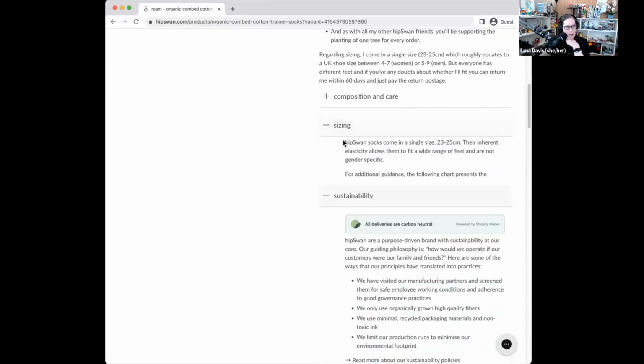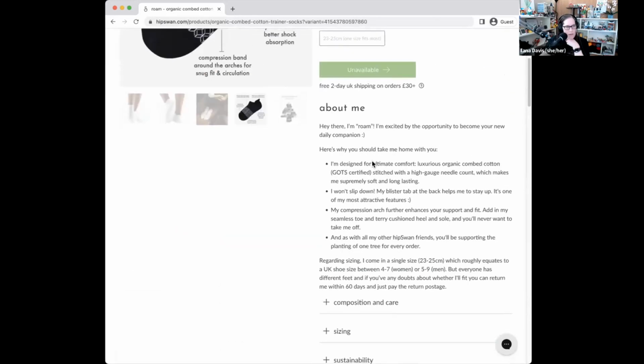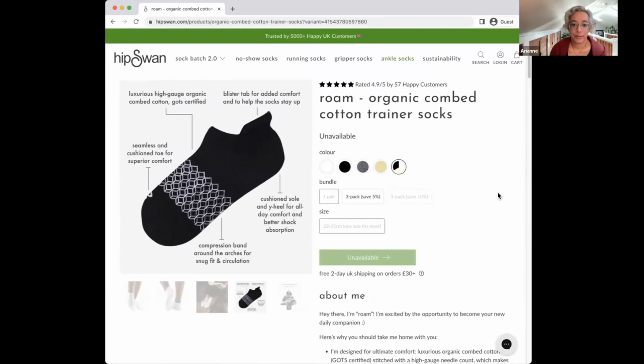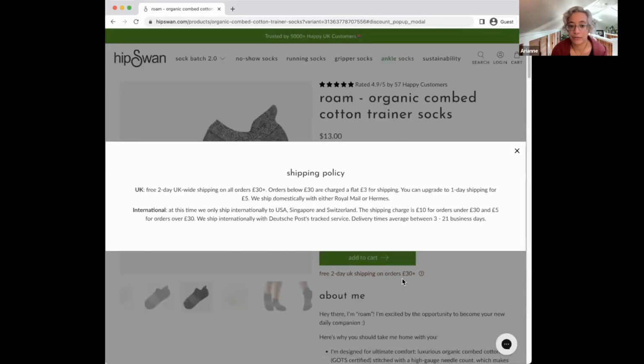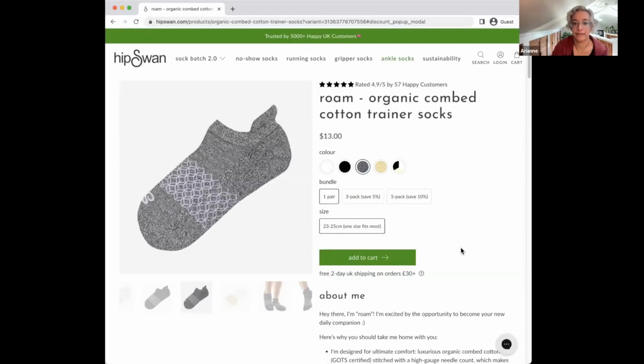Okay, any other thoughts on increasing AOV for this page? I think so. When you're up there by the add to cart button, the free shipping, I'm usually expecting to see that up in the top of every page, like up in that green bar at the very top. And then I think right under the cart is where I want that objection busting stuff. So I want to see that thing about I can return it for free. And then I want the tiny link to the size chart next to the sizes, because it says size, one size fits most. Right where it says size, I want to see a little link that says see our size chart, because it takes a bit of work to go find that.